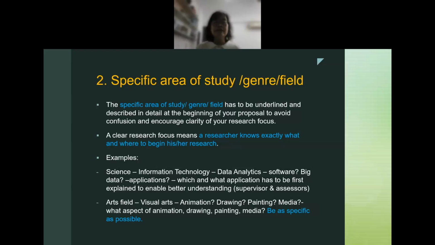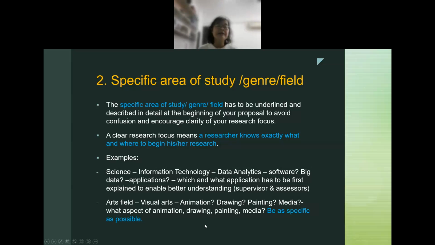So you have different fields. You have to narrow it down. Is it going to be a drama which is romantic or a drama which is horror? It means all the films that you are looking into, which is your subject of study, whether they touch on drama which is romantic only or whatever. So you must be very specific when you explain the area of your study. The researcher needs to know exactly where and what.